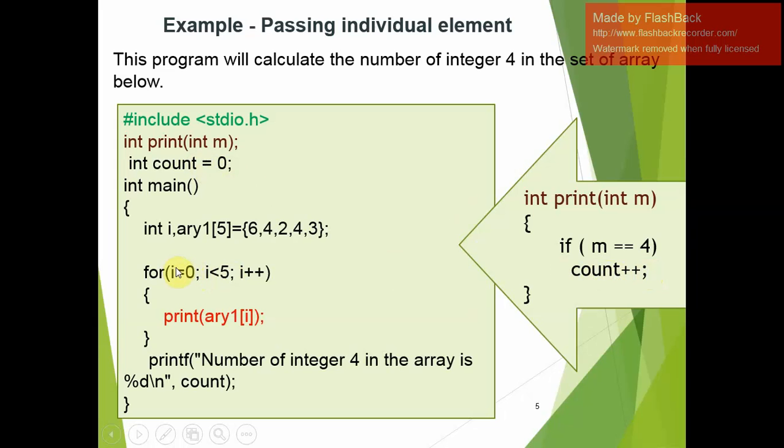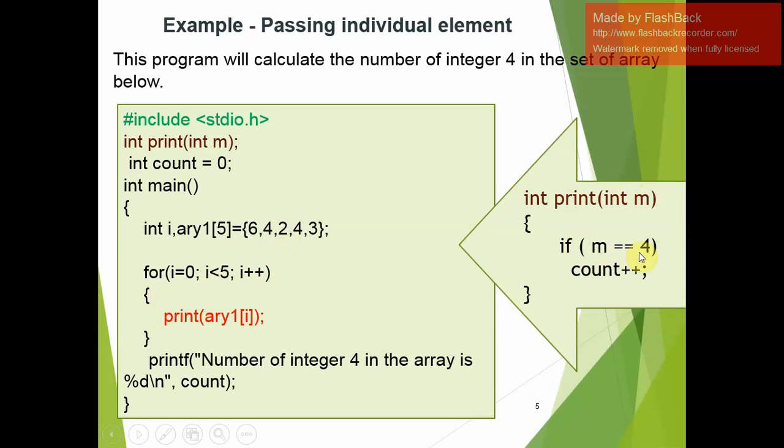Okay, let's trace this program. So 0 is less than 5, so it's true. Now we go to array[0], so array[0] will be 6, so 6 will be given to M. 6 is equal to 4, no. So if no, it means that it will return nothing, so nothing will be here, right? So it will increase I to 1, so array[1] is 4, so 4 is given to M here, so 4 is equal